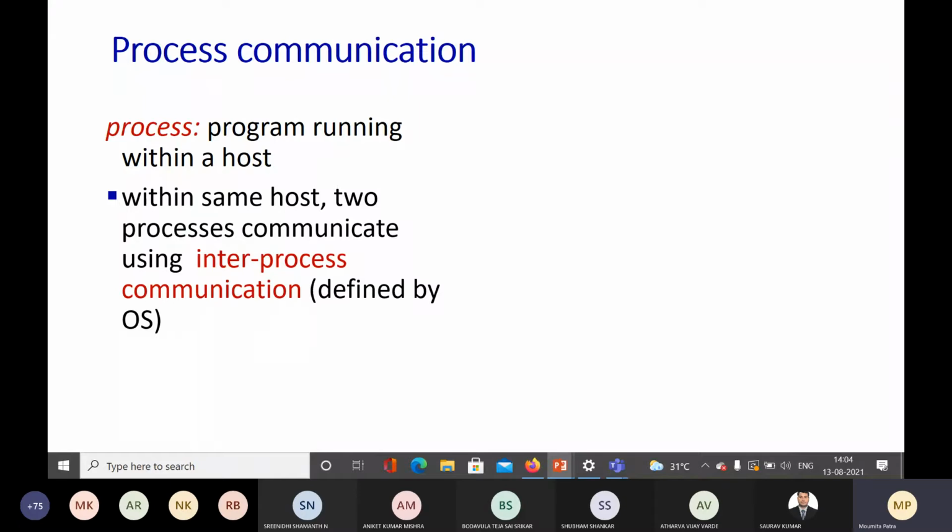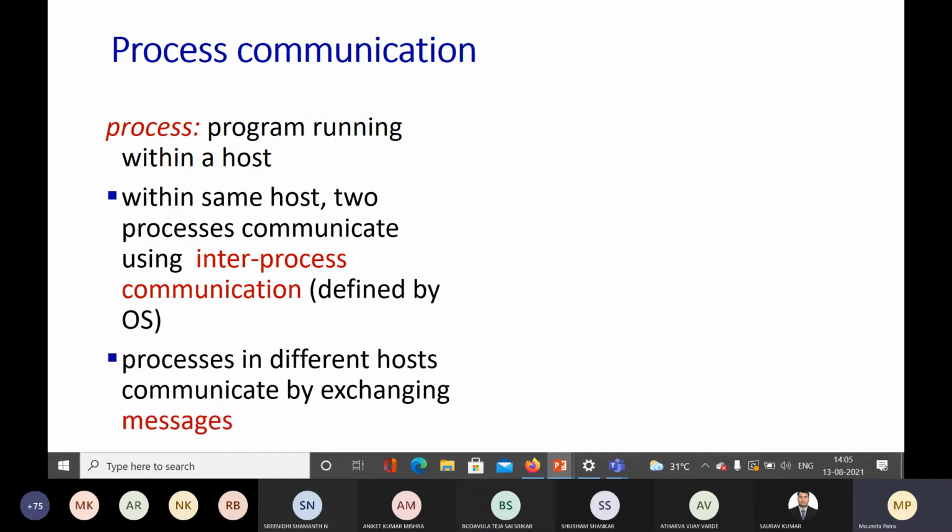so you can ask me the question, what if programs within the same host are trying to communicate? That we will call inter-process communication. Okay, and you may have already studied that in your operating systems course. There are many ways in which inter-process communication can happen within the same host itself. So we're not going into the operating systems part of it. We are going to communicate between different hosts. So we have to find out how to ensure that a message from one process at a given host is transferred to a process at another host. Okay,